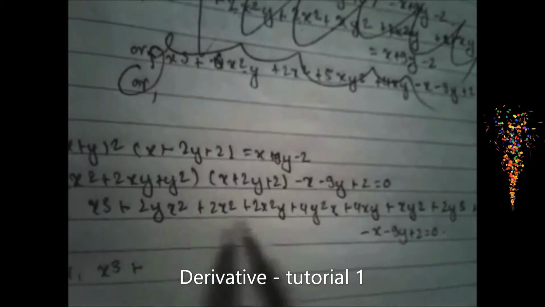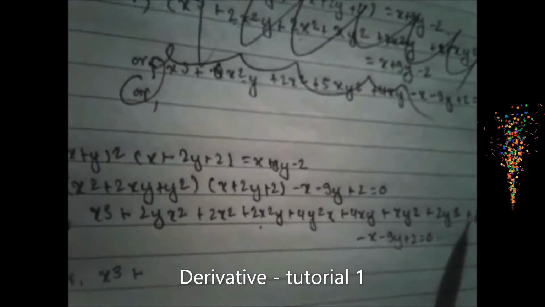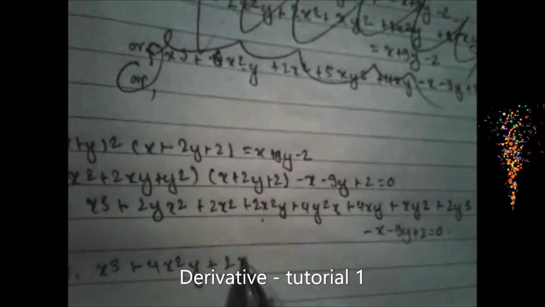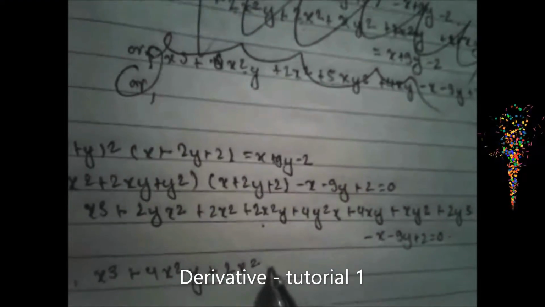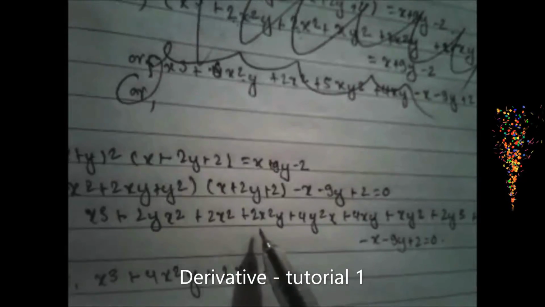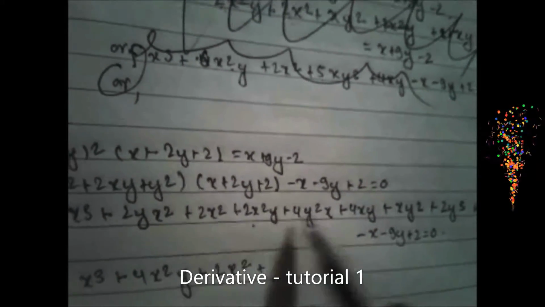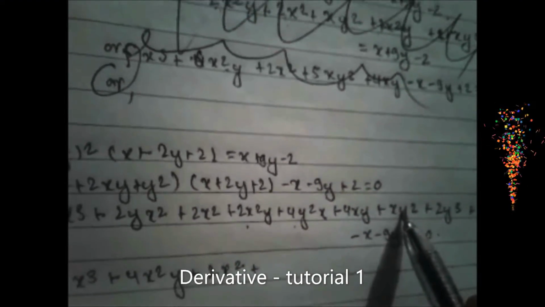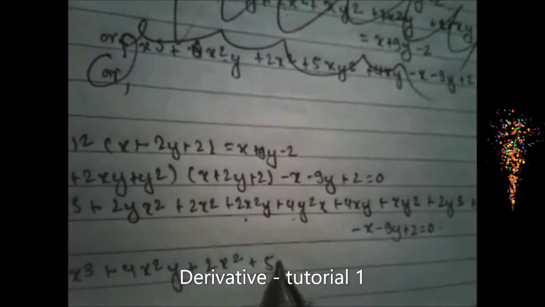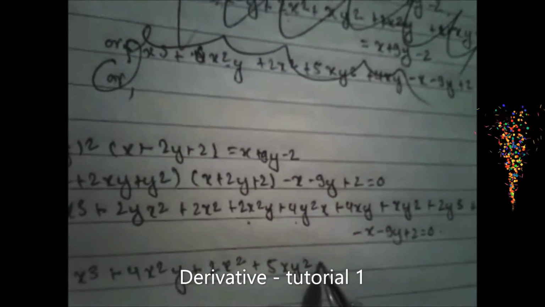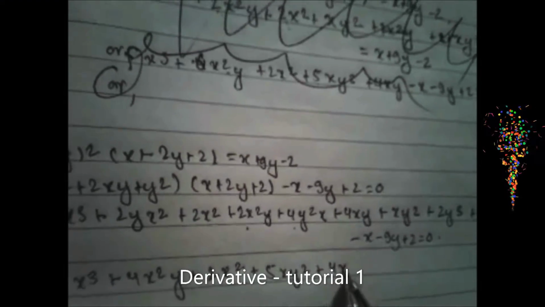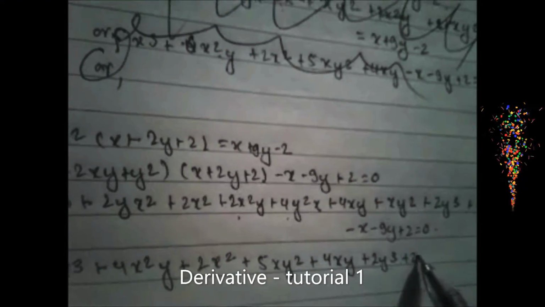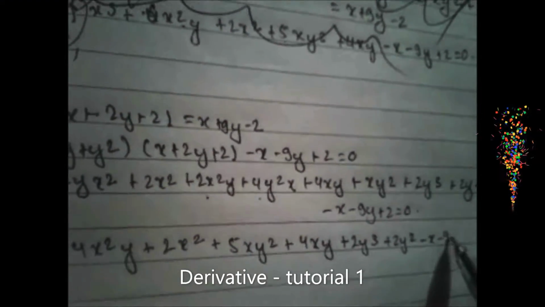x square y 2, 4x square y are there, and x square, only one x square is there. And how many y square x are there? Y square x, there are only 5xy square plus xy, only 4xy plus 2y cube only, and 2y square minus x minus 9y plus 2